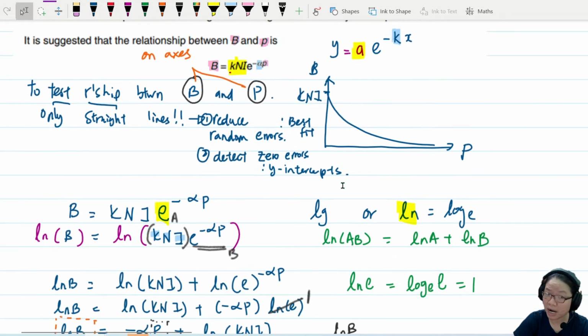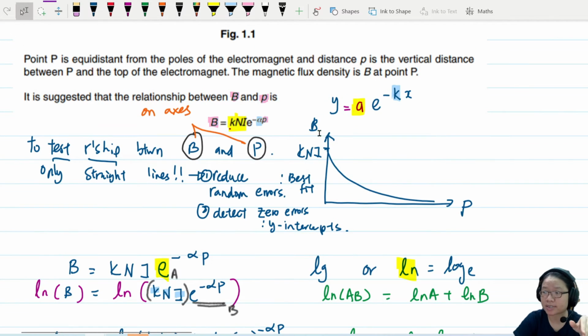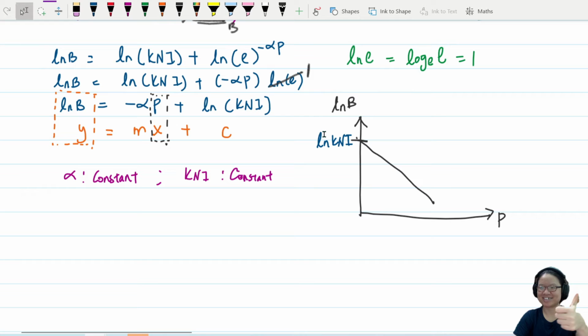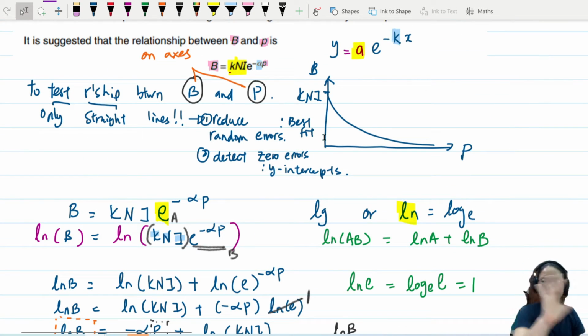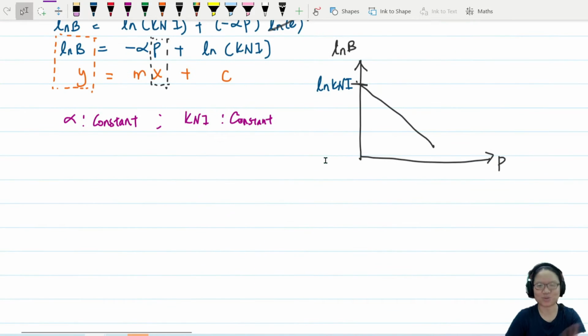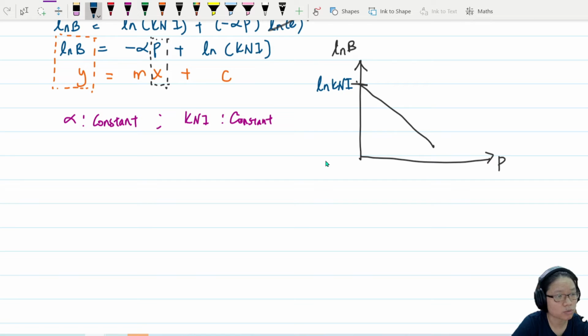No, not nice. But if we ln the y-axis, then we get a straight line. So imagine the meme: not this one, but this one, we want. Okay, straight line. Straight line is best. You know why? Because now I can find constants. I can say that alpha is actually equal to, so I'm going to write size number 1. I can say that the relationship is valid if,